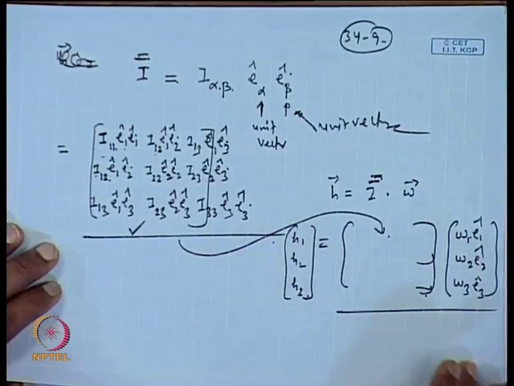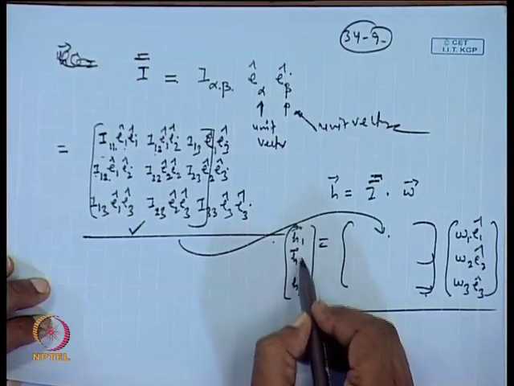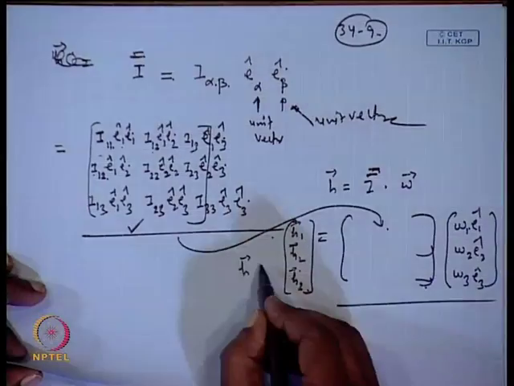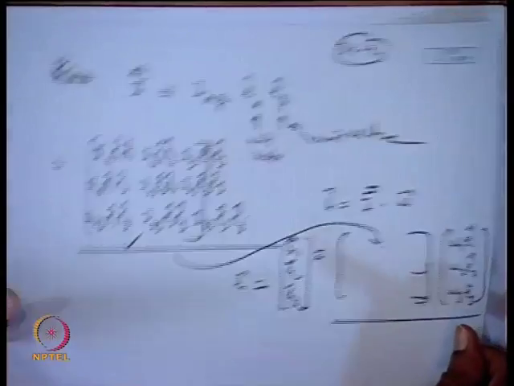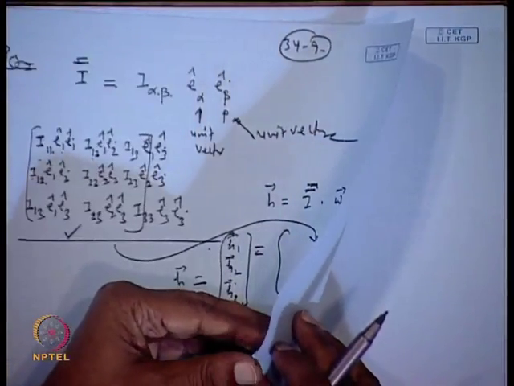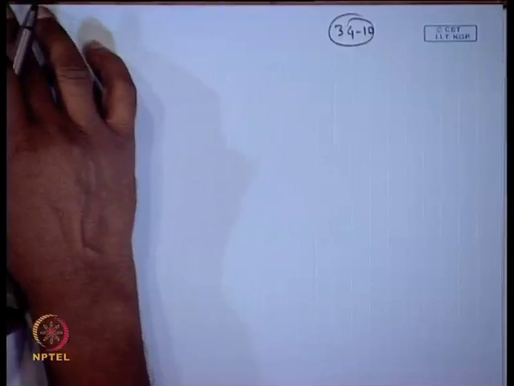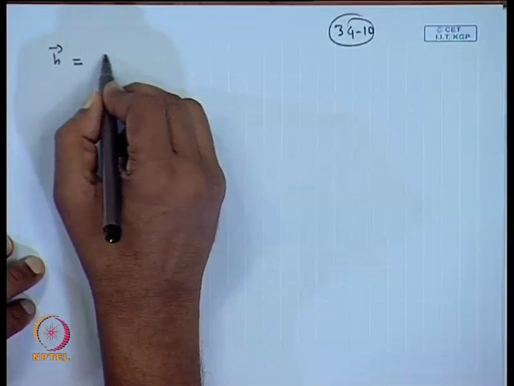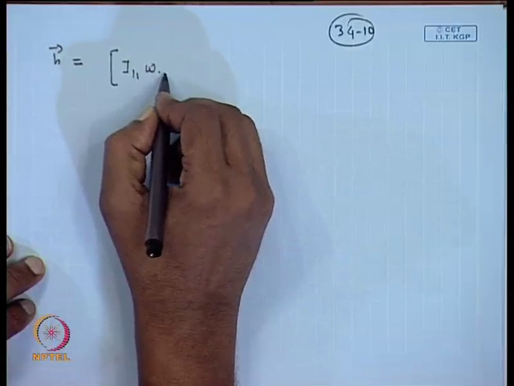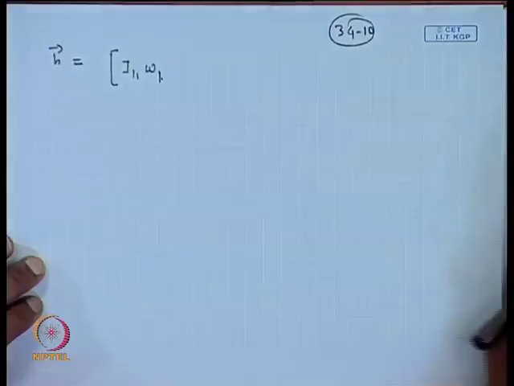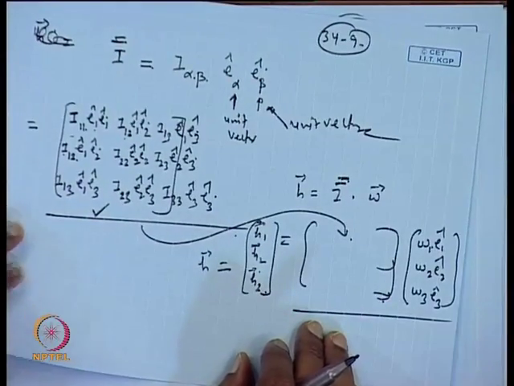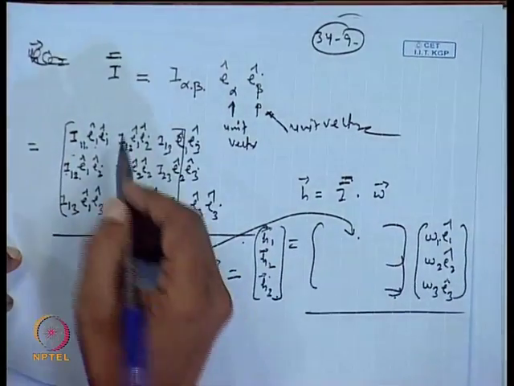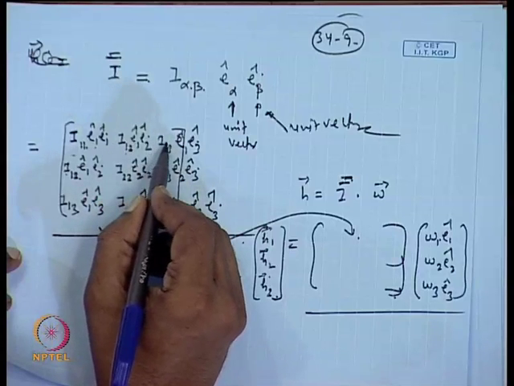So, H1, H2 and H3 components you get from this place. H can be expanded, and finally, you can write it in this way. Okay, now one more thing, you can put the sign here. If you want, you can put a negative sign before the I12, and here you can make minus I13,